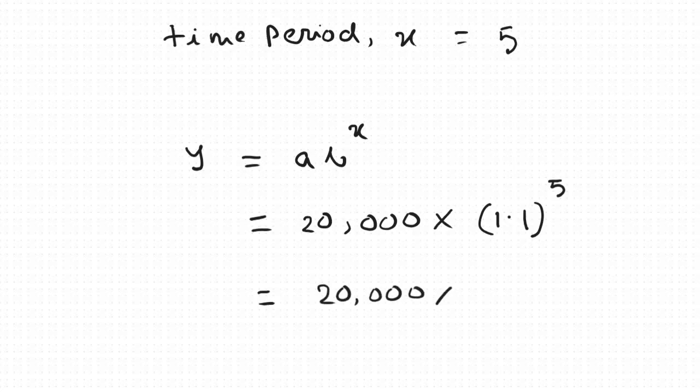20,000 times, if we use exponential rules, we can get 1.1 to the power 5, which gives us the result as 1.61 approximately. If we multiply this with 20,000, we get 20,000 times 1.61 equals